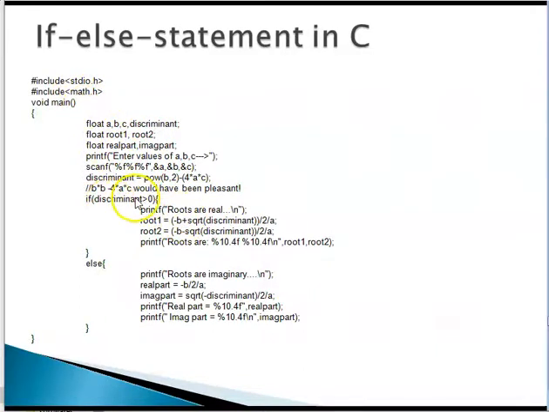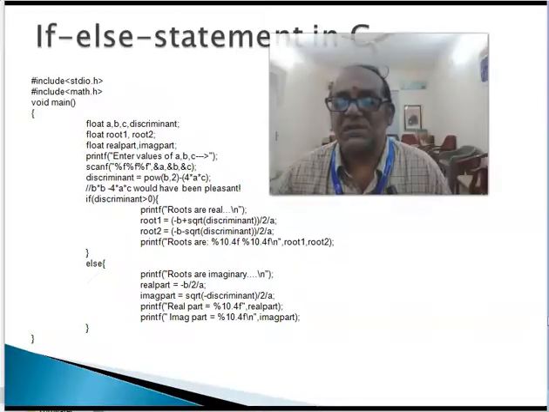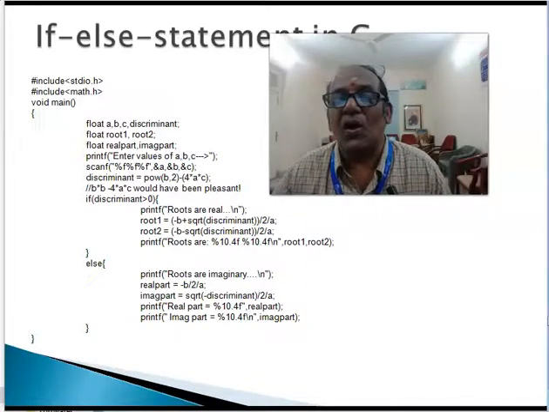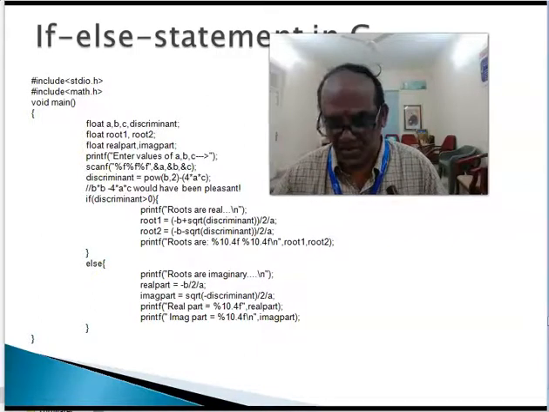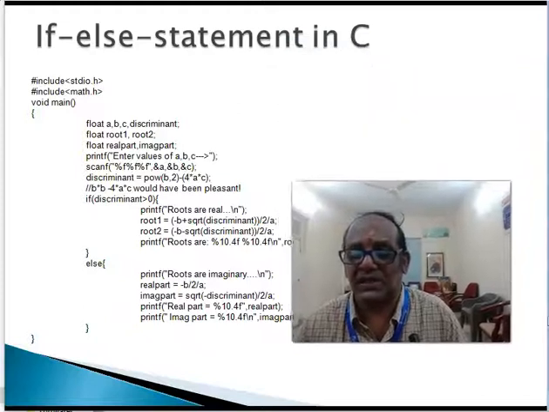You see, if the discriminant is greater than 0, you have an opening brace and closing brace, else an opening brace and closing brace. So there is an if block and there is an else block. If you notice that carefully, you can very easily make changes to this program to include several other features, or you can write much more complicated things, maybe solve a cubic equation or something like that.